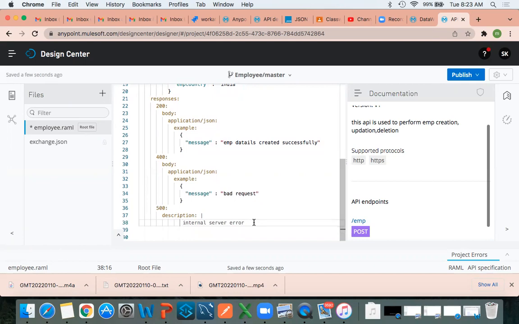Any questions here from anyone? So for the 400 also we can use the description and the pipeline. Yes, you can use. Okay. And how about the 200? 200, it will be always the same syntax you have to follow. Only for the error message, like this is success response, right? For failure responses, we can write like this. Okay.